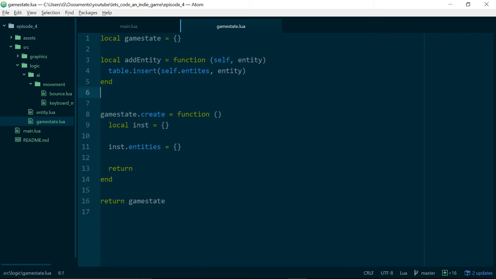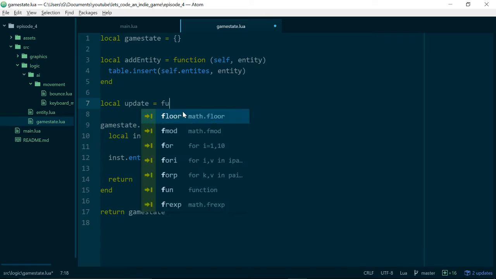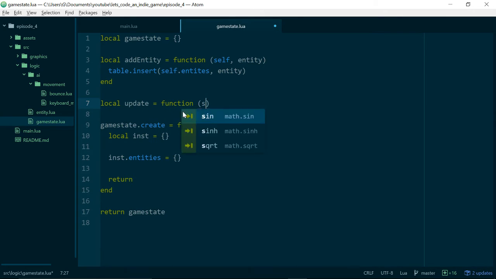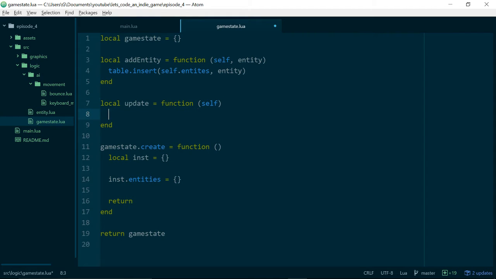There we go. And the second method we are going to add here is update. Like many of our classes, like our entities class, this is going to have an update method. But in the update method of the game state, what we are going to do is we're going to say for, we're going to put in an underscore here because we're actually going to ignore the first variable passed to our for loop. The second variable, though, we'll say entity. So for ignored and entity in, and we're going to use ipairs,